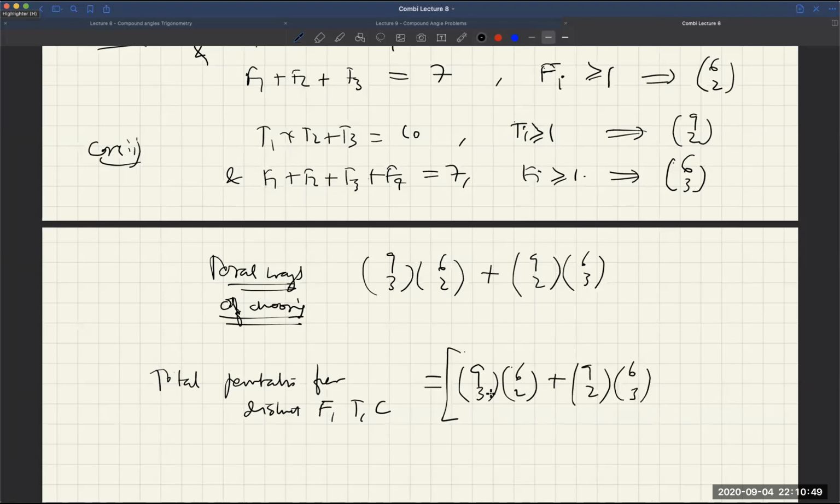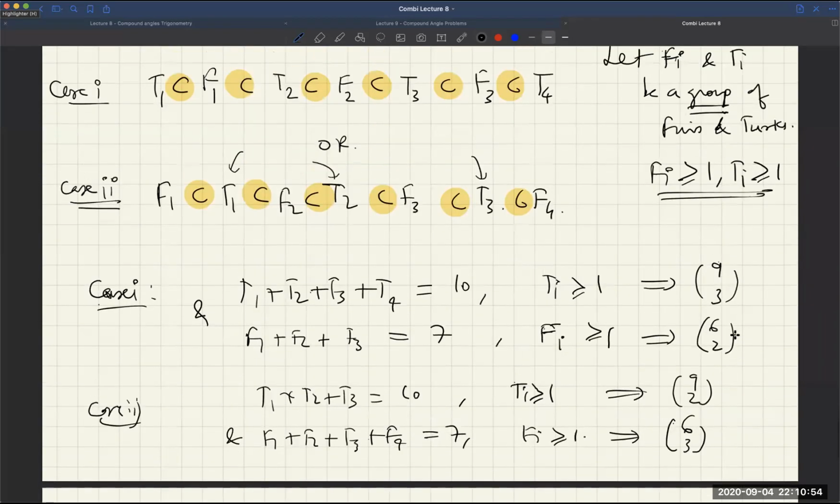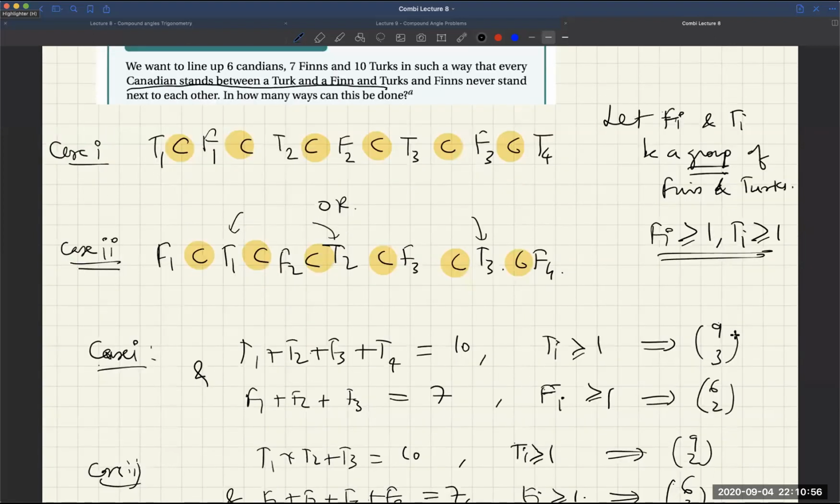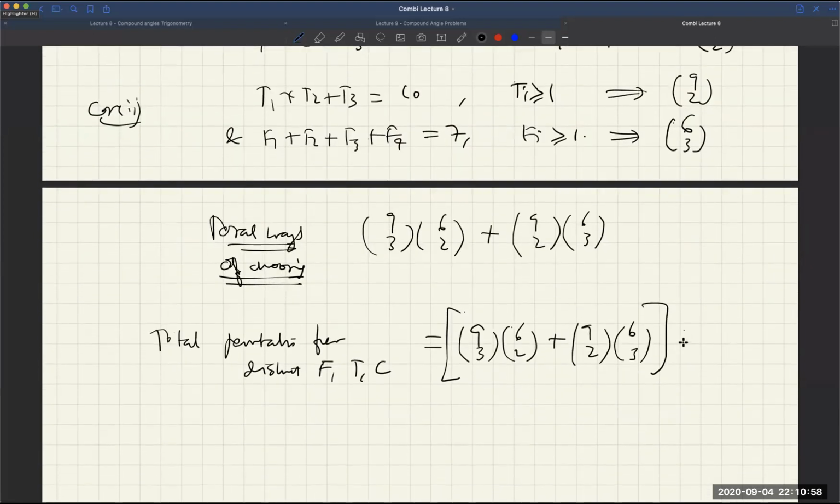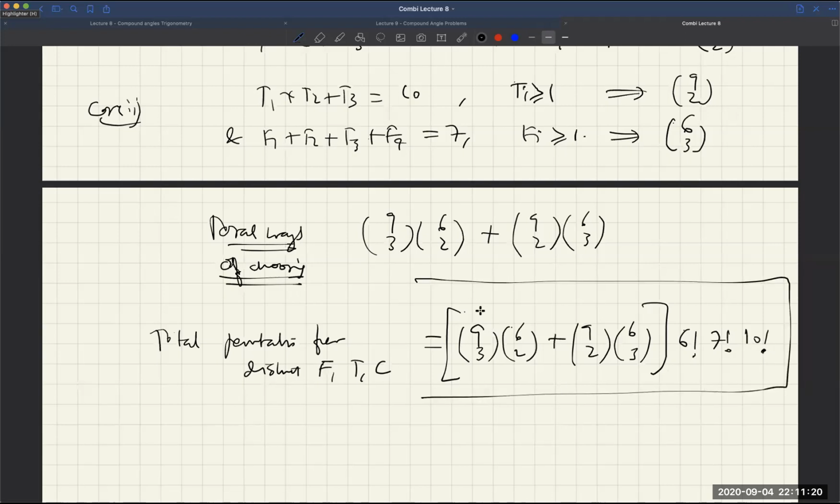जहाँ जहाँ पे वो टर्क प्लेस्ड है, वो टर्क टोटल कितने हैं? What is the total for Turks? 6, 7 और 10 है ना. So जहाँ जहाँ पे Canadians हैं वो आपस में 6 factorial ways में हर एक position जब choose होगा तो 6 factorial ways में permute होंगे. करेक्ट? Canadians, फिर Finns 7 factorial ways में जहाँ पे भी उनका position होगा, उसमें 7 factorial ways में permute करेंगे. And finally Turks will be permuted in 10 factorial ways. So this is the total answer. Am I very clear guys?